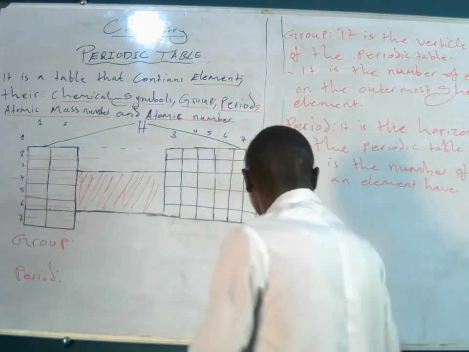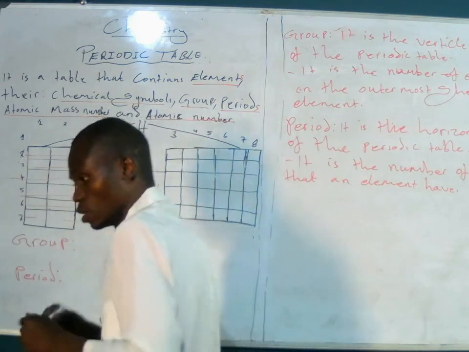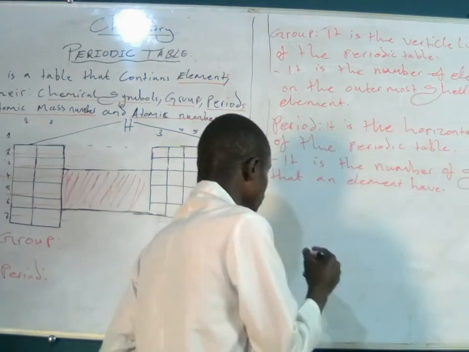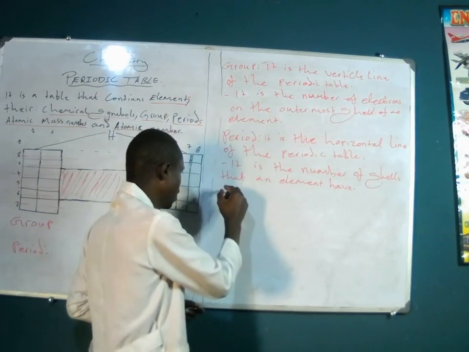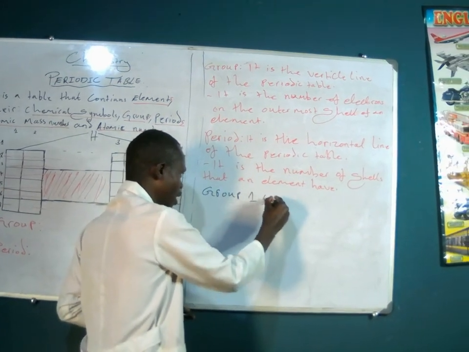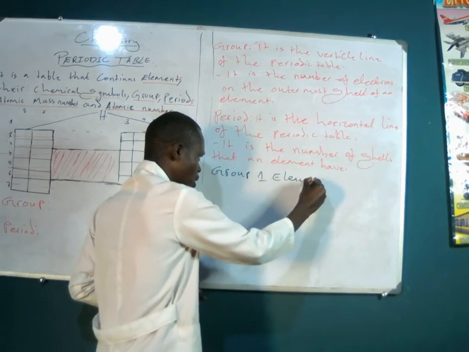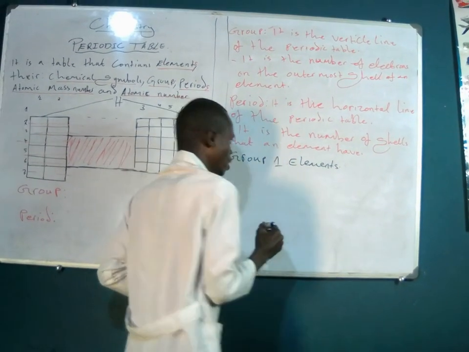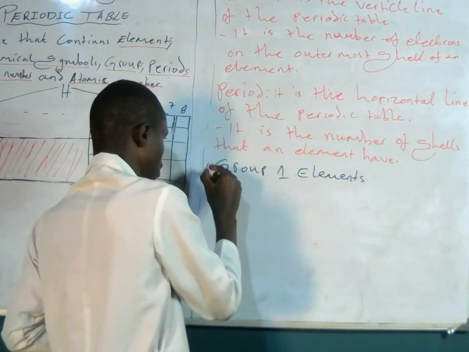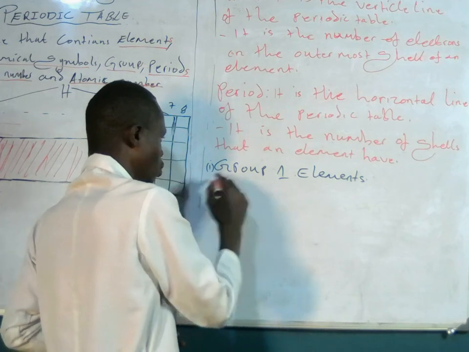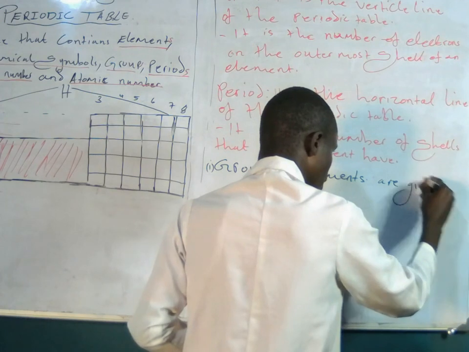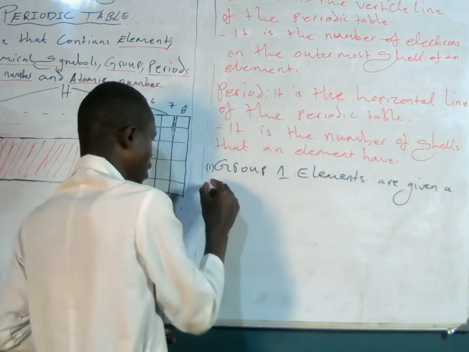So let me write it down. We are saying that group 1 elements are given a name